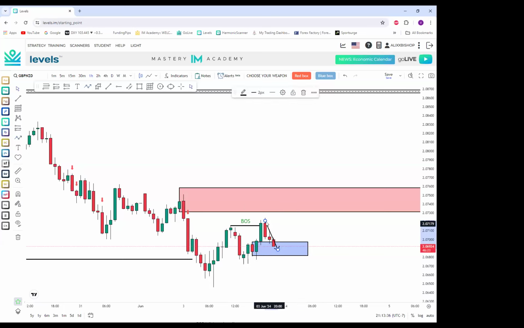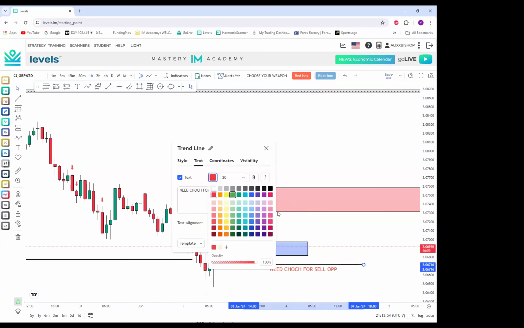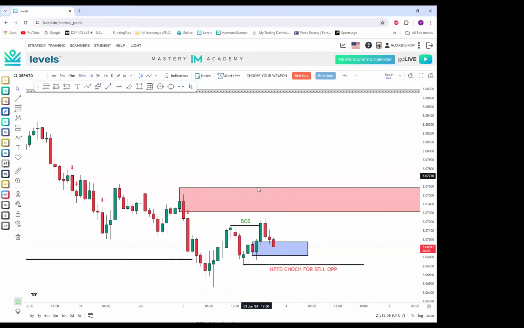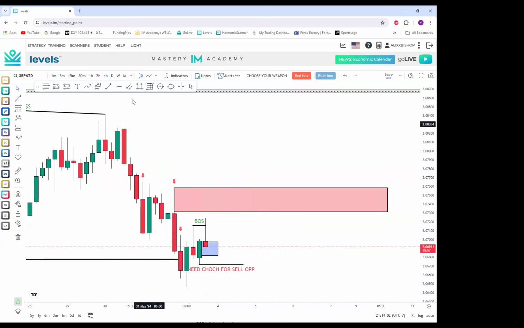right? But what do we need? We need the change of character line. If market changes character, we can continue to look for sells. Boom. I'm gonna go ahead and go back onto the 4-hour time frame and put another box around this 4-hour